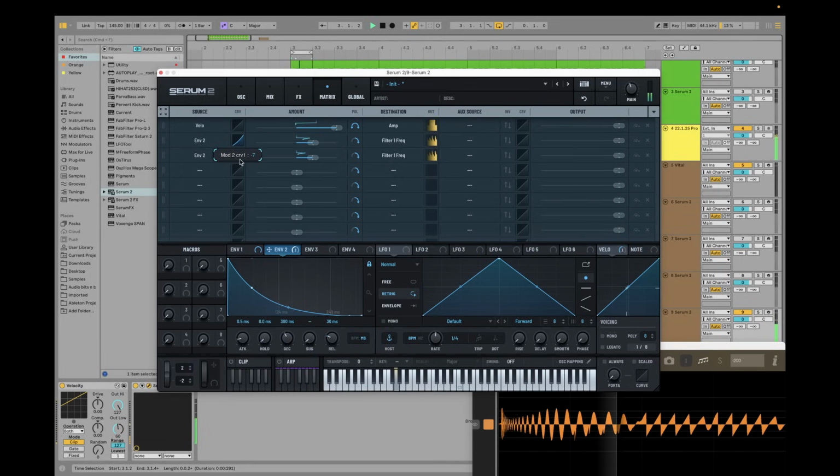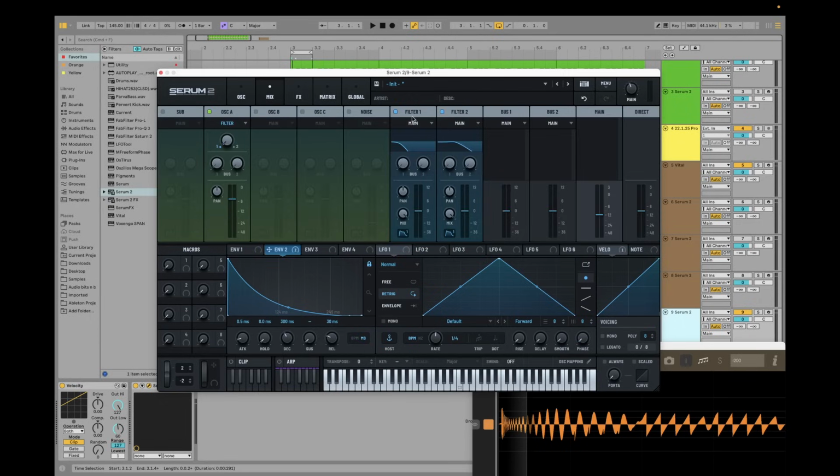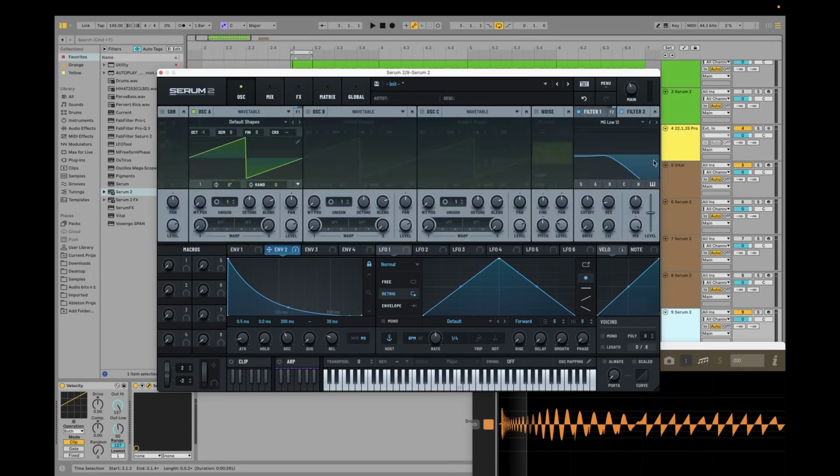Okay, do that to taste. Okay, and then we can route our first filter into filter 2. Let's turn filter 2 on. Go into the mix tab, and on filter 1, select filter 2, and then make sure filter 2 is going to main. So then we can go into filter 2,